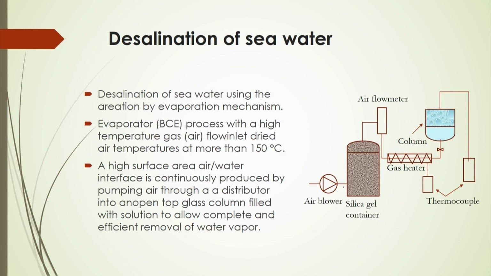So, the liquid will be evaporated in a column, and that evaporated vapor will be collected and condensed, and it will be collected as a liquid there. In that case, you will see that the sodium chloride solution or other salt, if it is there, will be thickened at the bottom of that column, whereas the moisture or water will be evaporated, and afterwards it will be condensed and stored as a liquid there.